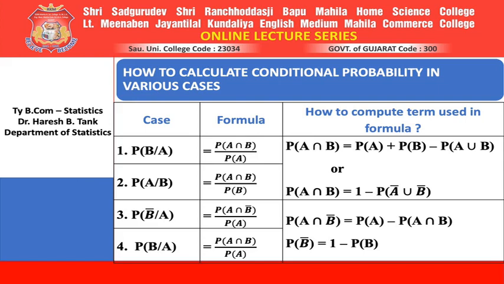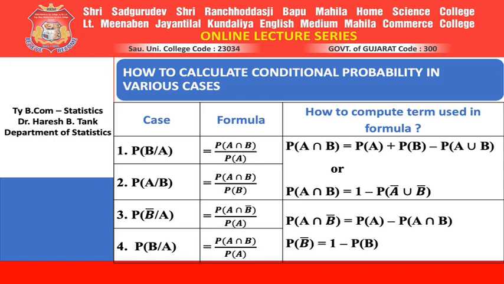Let us see third and fourth. Probability of B complement where A had already occurred. Same logic. Whatever may be before and after the slash is the intersection of that. In this case it is B complement and A. Intersection of A and B complement will generate the numerator, and whatever may be the event after the slash, in this case it is A, that will generate the denominator. So this would be probability of A intersection B complement divided by probability of A.